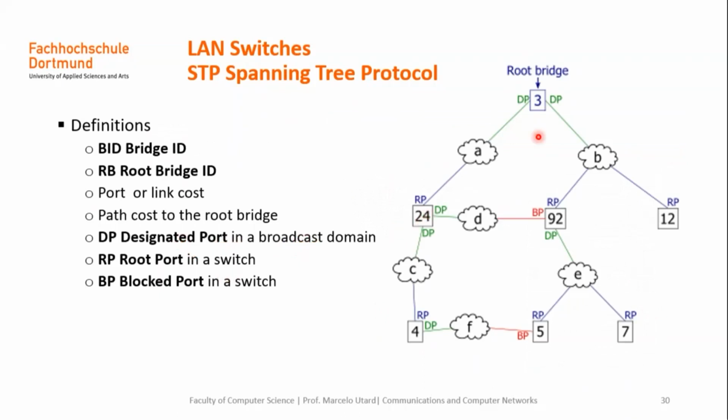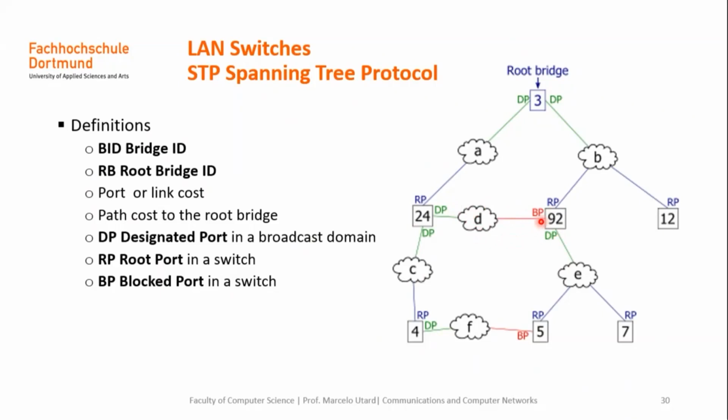In that way, the designated port is determined, and finally, in any switch, the ports that are not a root port or not designated ports in the collision domain are blocked. Then, for instance, in this case, this switch determines that this is the root port, that is the port that permits to reach the root bridge with the lower path cost to the root bridge. And in this collision domain, this was the designated port, but in this collision domain, this wasn't